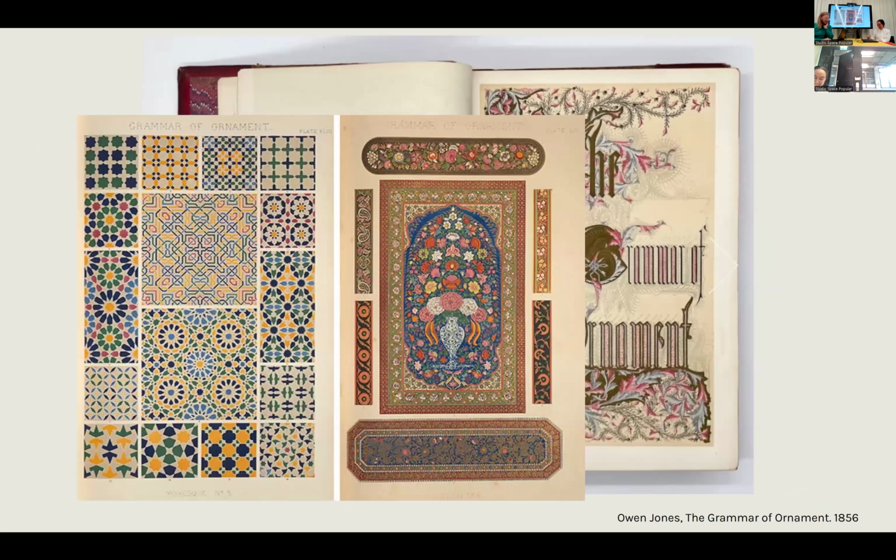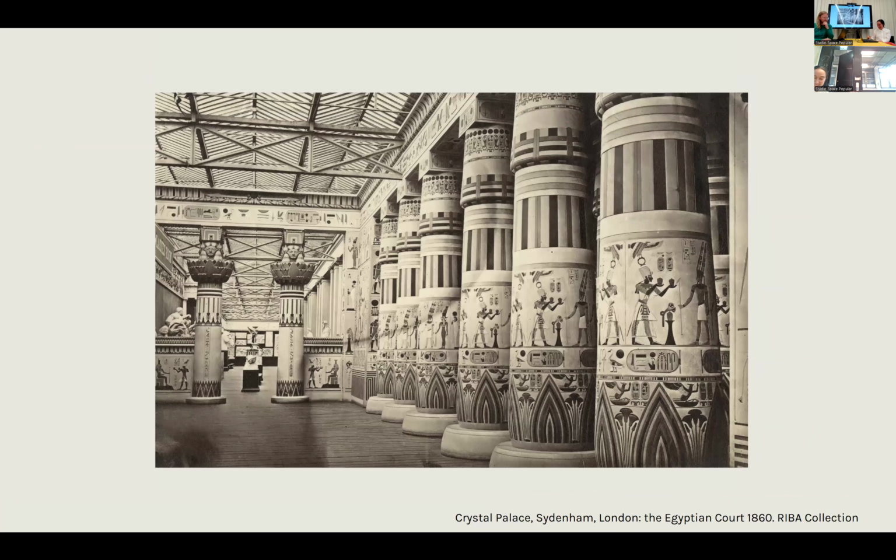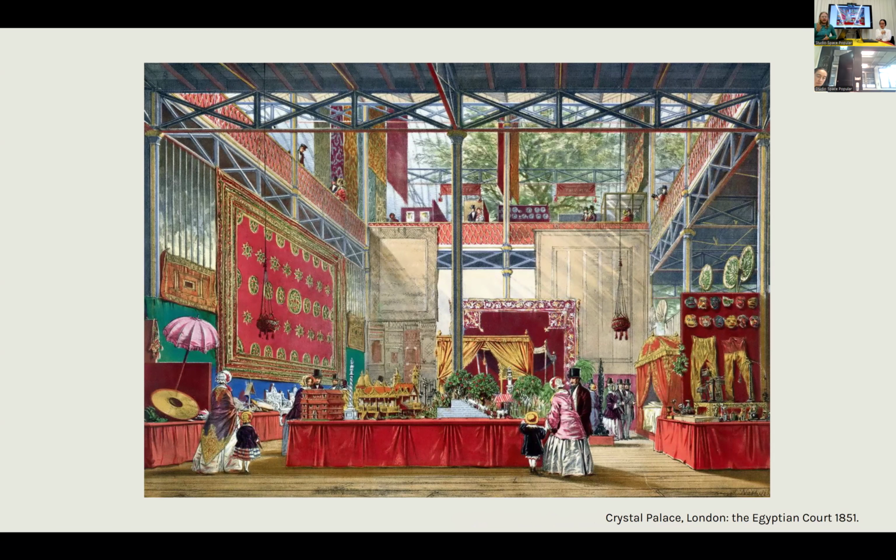We spoke about Owen Jones a lot already. We've seen the books, and we've also spoken about how this work was linked with these artists and designers, but also linked to the colonial powers of empire, in this case, Britain, who, for the building of the Egyptian courts, would have gone to Egypt, taken loads of Egyptian columns, brought them back to the UK, put them into the TV of the day, the Crystal Palace, where also, as Lara was mentioning, just look at a floor plan of it. We're not going to be going through it, but it had these wings of different parts of the world, but also of different